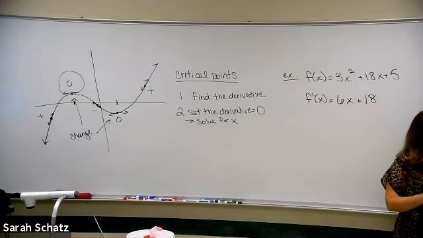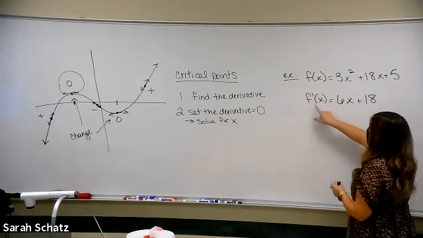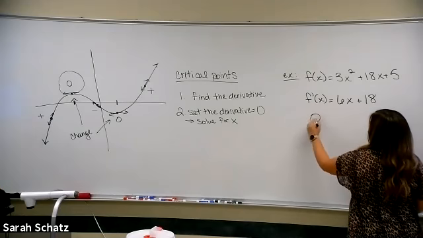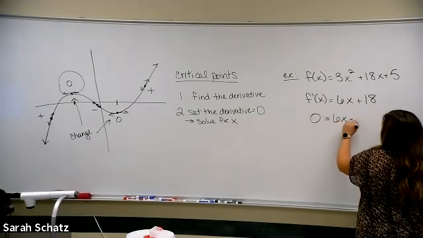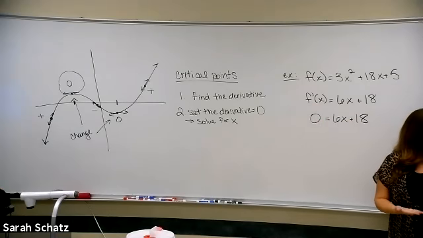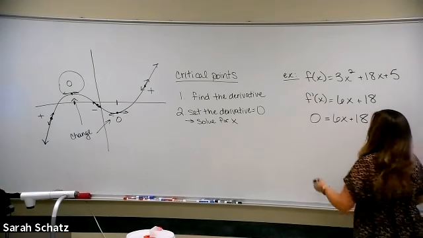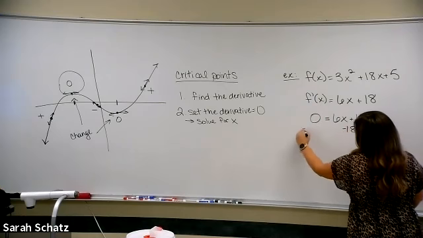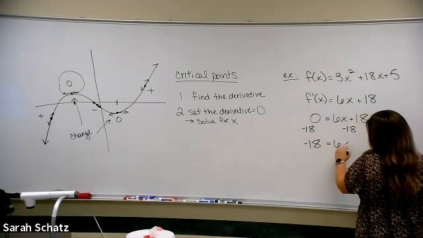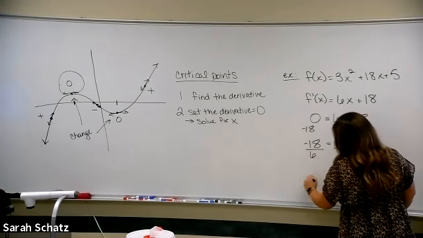So I found the derivative. Now what do I do? I set it equal to 0. So when I set it equal to 0, I'm taking this side and writing a 0 here. So I'm going to say 0 equals 6x plus 18. And now I solve for x. This is going to give me the x coordinates of my critical points. So let's subtract 18 on both sides and get negative 18 equals 6x. If I divide both sides by 6,